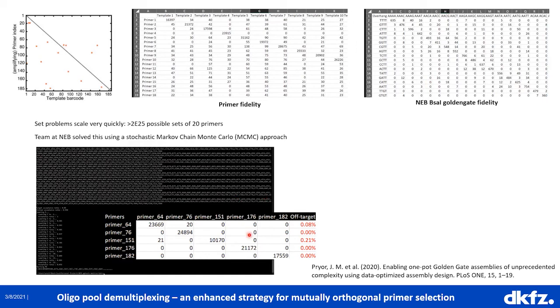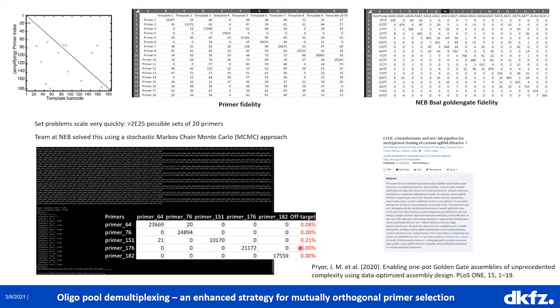And we then had a look and we started selecting primer sets. So again, primers where none of the primers should bind to any of the other primers, so any of the other templates in the set. And we did this, and this is just a little throwaway figure, but we were able to show that it's actually,